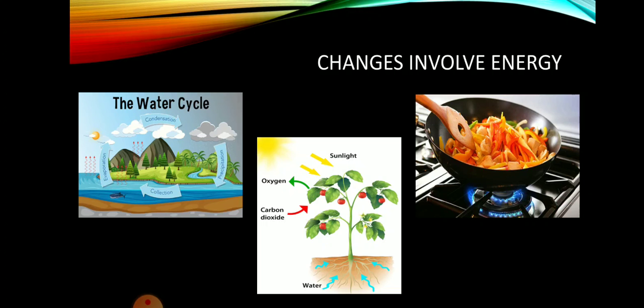Even in a natural process like photosynthesis, green plants absorb light energy from the sun and prepare their food with the help of chlorophyll present in their leaves. So a chemical change occurs by absorption of energy. What is it absorbing? It is absorbing light and heat energy for making its food. When this food is burned in a living cell, glucose changes to carbon dioxide and water, and again energy is released to give us energy. So in each kind of process you can see either energy is being taken